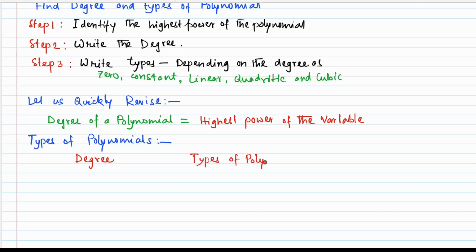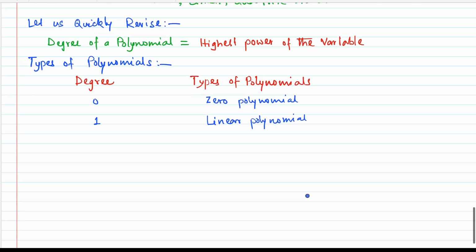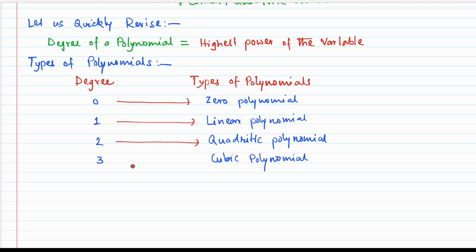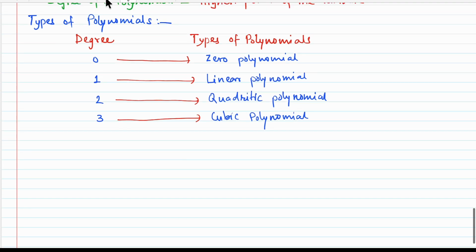Let me show you in a tabular form so that you can visualize and understand it easily. Degree 0 is called a zero polynomial. Degree 1 is called a linear polynomial. Degree 2 is called the quadratic polynomial. Degree 3 is the cubic polynomial, and then with 4